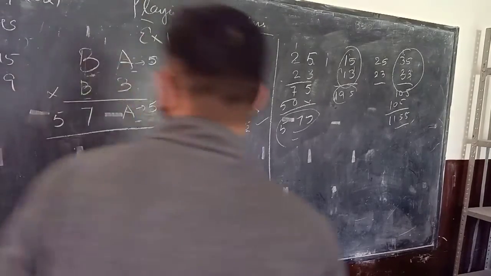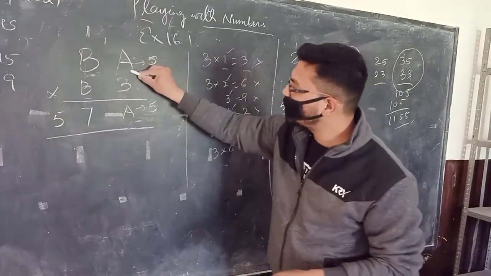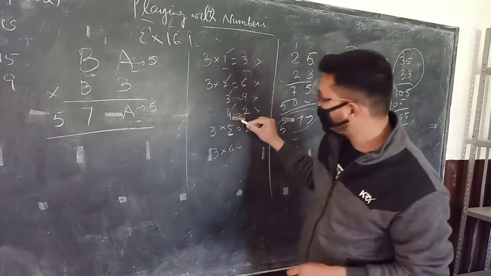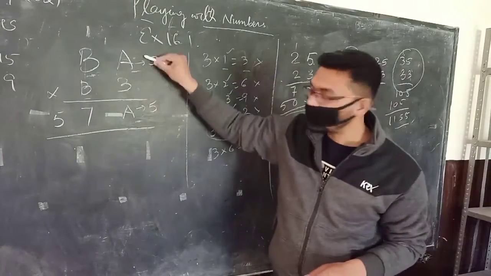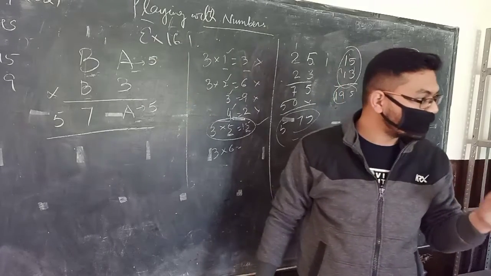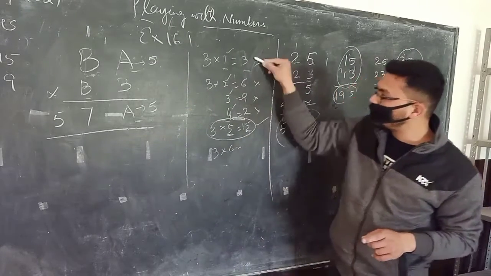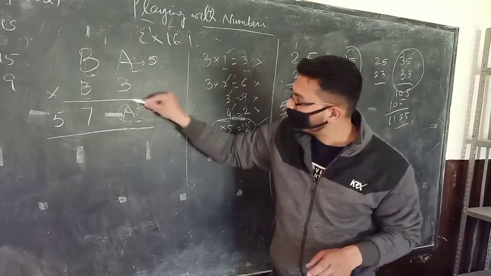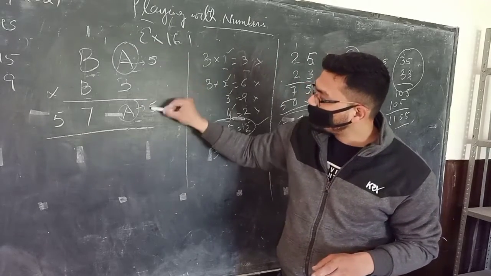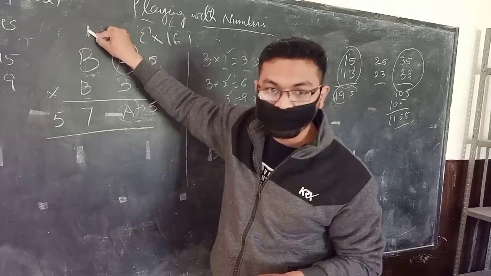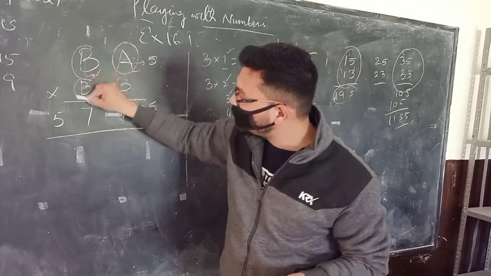So in case of multiplication, first you take A is equal to 5, because 5 is the only case where you will get 5 and 5. I mean, both the same digits you will get only in the case of 5. In the rest of the cases you will not get the same digits in this position and in this position, right? Now 3 5s are 15, so you will get carry 1. Now B, what should be the value of B?